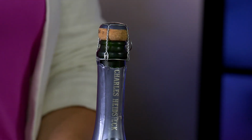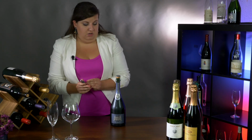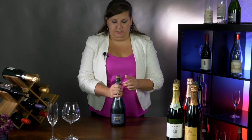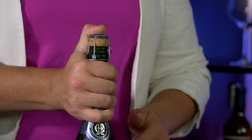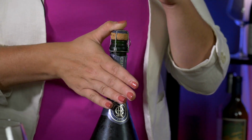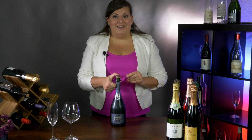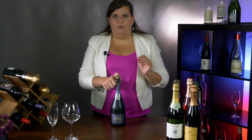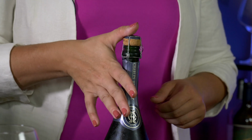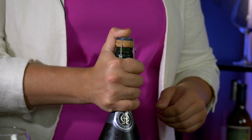Perfect. Once the foil is removed, again, don't move the bottle too much. And you'll want to position it in your dominant hand, keeping your thumb on the top of the cage. That is to keep it secure. Again, you have a carbonated beverage. You don't want that cork popping off, flying everywhere and possibly hurting anyone or breaking a window or two. So, putting your thumb on top of the cage, making sure you have a secure grip on the bottle itself,